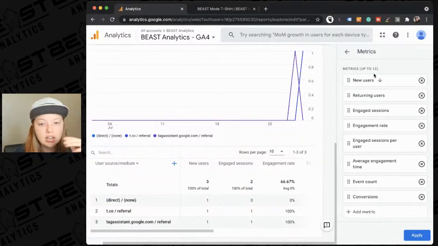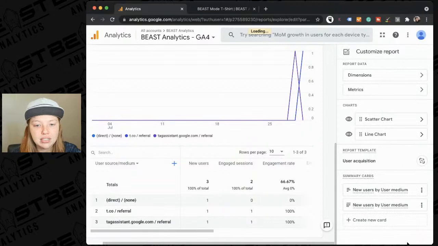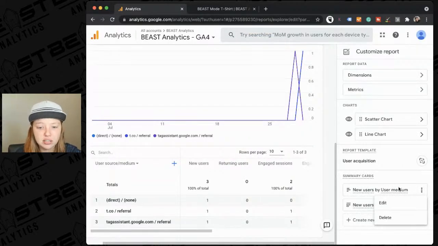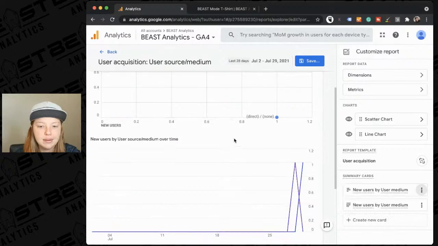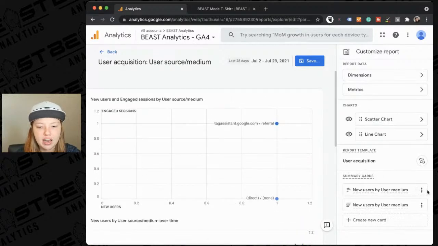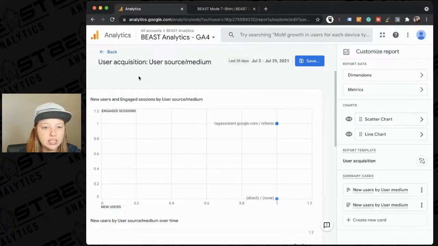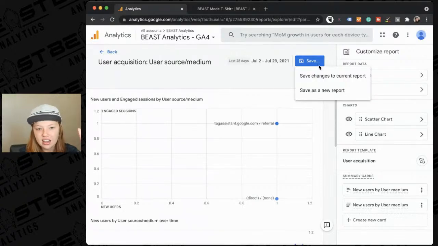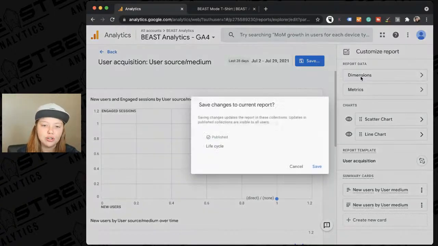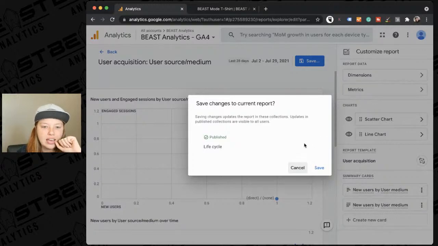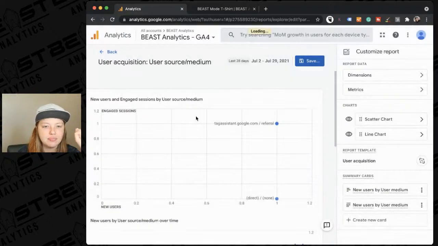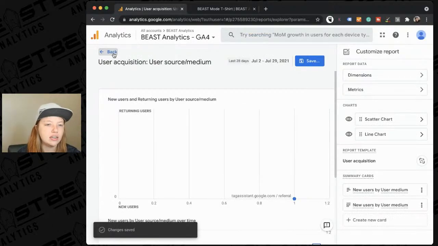So I have the metrics the way I want them. I'm going to select apply. I can also change the summary cards. So the new users by medium that we have here, I can edit and we can change it to a pie chart or line chart or table, whatever you want these cards to be. And if I select save, I'm going to say save changes to current report. And I'm going to say save. And now if I go back out of here,